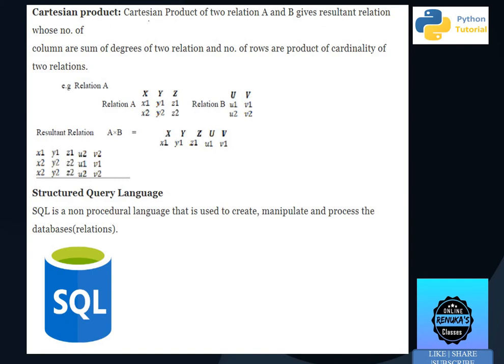Now if we are having two sets or two tables, relation A with columns x, y, z and relation B having u and v, then if we say Cartesian product, how is that product possible? For the first record of relation A, that is x1, y1, z1, there will be a combination with each record of relation B. So x1, y1, z1, u1, v1. Then comes x1,